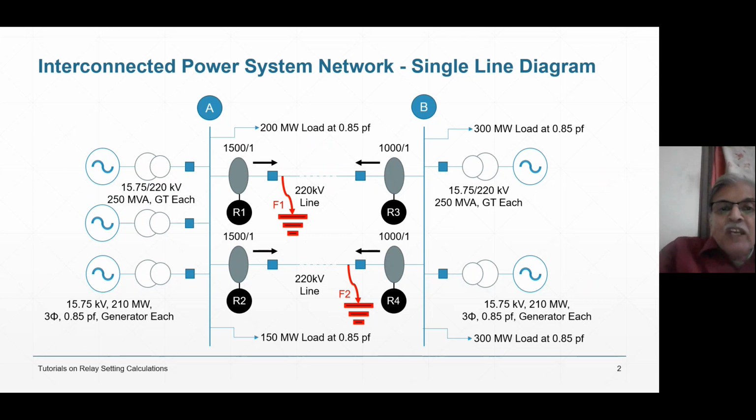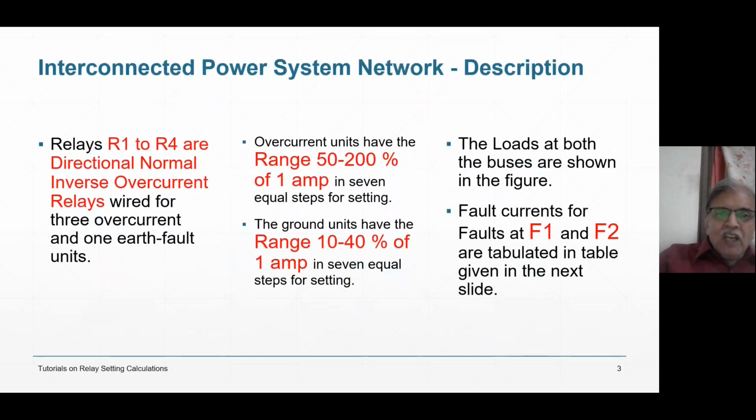Maximum current that can flow in a given direction. What is the maximum current that can flow? Either the load, that is 300 plus 300, 600 megawatt, or the generation, 210 into 3, that is 630. But it is also given, my dear friends, if you just see, that 10% of